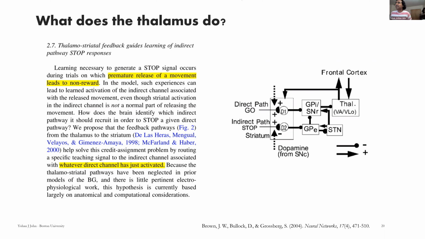Learning necessary to generate a stop signal occurs during trials on which premature release of a movement leads to non-reward. In the model, such experiences can lead to learned activation of the indirect channel associated with the release movement, even though striatal activation in the indirect channel is not a normal part of releasing a movement. So this is quite an interesting little issue. It's like one of those issues that comes up as a consequence of modeling choices, but still it's an interesting question. How do you learn,